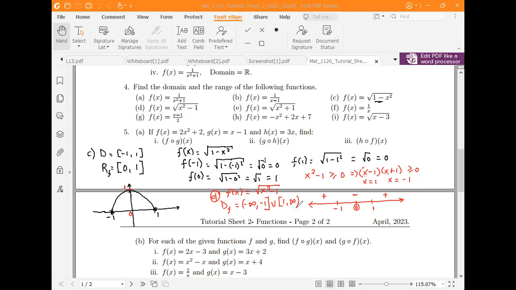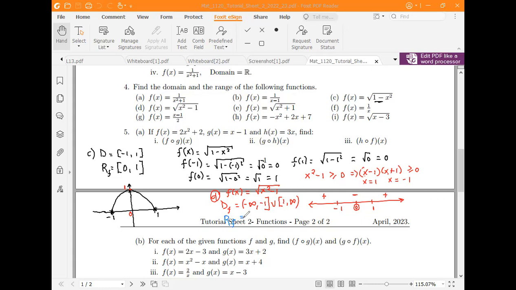Okay, what about the range? What values are we getting? Look at how big the domain is. So when the domain is so big, it may affect the range. The range